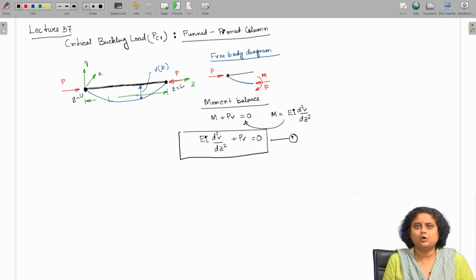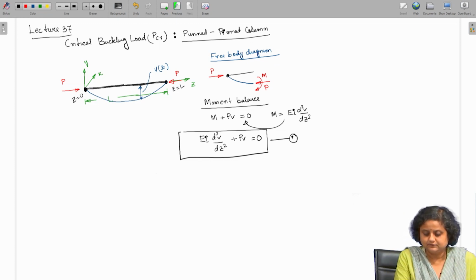Now, we take a small portion of the column and draw the free body diagram. From the free body diagram and the moment balance, we get this governing equation, which is in terms of V, or the lateral deformation of the column. Now, let us try to solve this equation. So, this equation can actually be written as